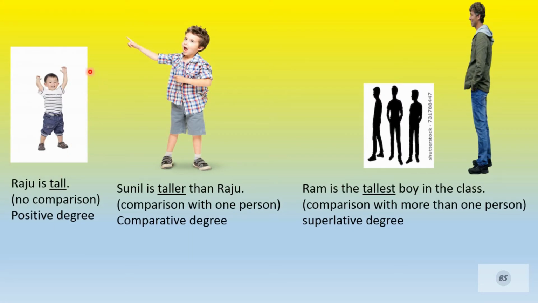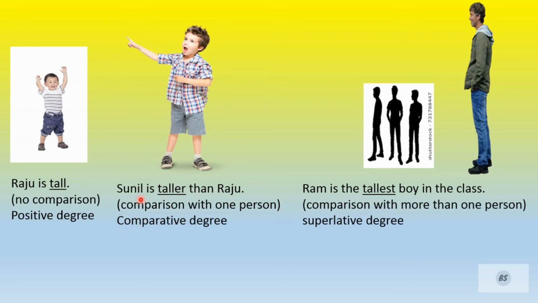Now see how it is used. If you don't want to compare a quality, but simply want to give extra information about somebody, like boy, but I am not showing boy, I am saying Raju is a tall boy. Tall is what? An adjective. I am just giving an adjective without comparing with anyone. When I am not doing any comparison, it is positive degree. Raju is tall. But if I find 2 boys, then I start comparing who has more height. So the moment I start comparing with one person, it becomes comparative degree.